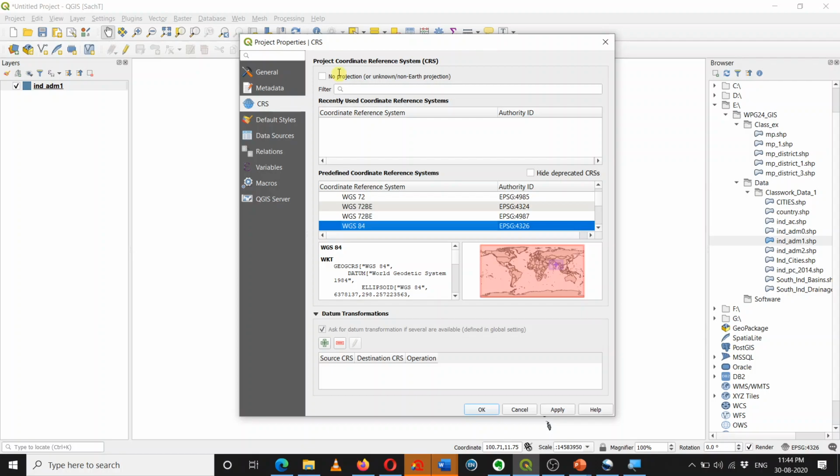Here I can see CRS which is followed by the project is a WGS84 and the code is EPSG4326. So EPSG is a code given to all the available CRS in the QGIS environment, and we know this WGS84 is a geographic coordinate reference system and which covers entire globe. So later on you can also change the CRS, but right now I am not going to do it, so I will click cancel and I will come out of this option.